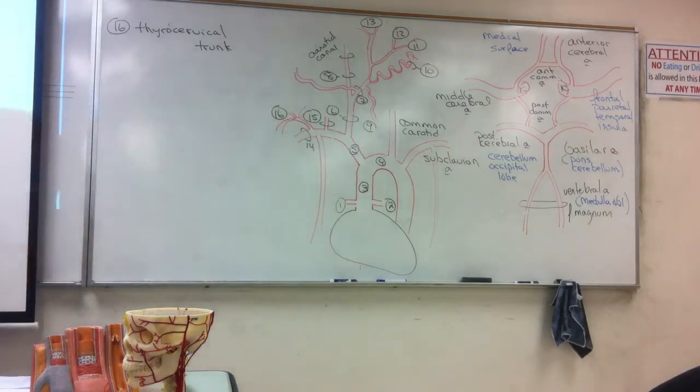So it comes down on either side here, and from that we get our branches that are going to the front of the ribs. And this is known as the internal thoracic. I believe it's number 18 on your list. Yep. Okay, so yeah. So that's 15. So then after 15, there's